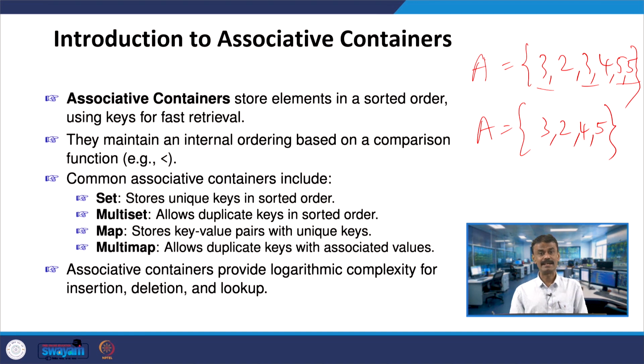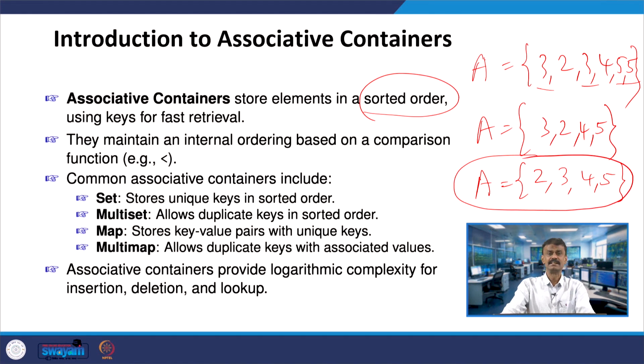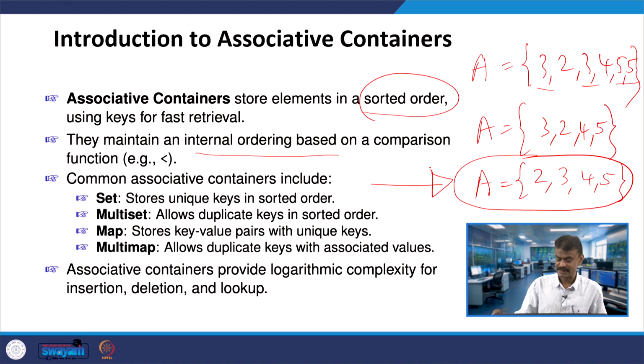And in the case of associative containers, there is some property where it will write it in sorted order, right. In fact, in the case of associative containers, we will get 2, 3, 4, 5. This is also the same, both are the same. But this is what associative containers in C++ follow, alright. And with the help of keys, I can easily retrieve all those numbers. In fact, it has some ordering base, which I explained in the set notation. So, it is using some ordered base.